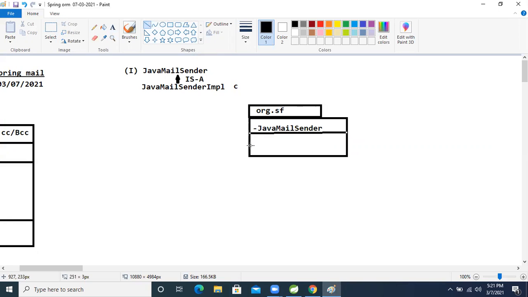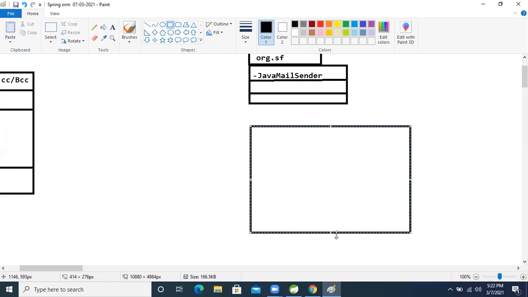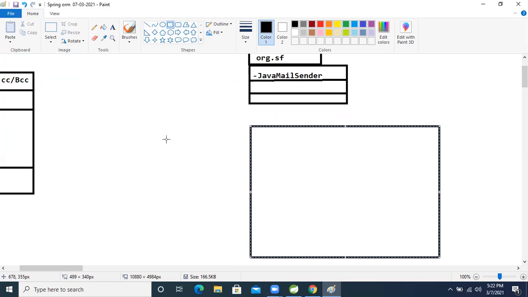This is an interface, but we know that by using the interface alone we can't do anything. We need its implementation class. So let's understand which kind of data type, variable, and all those things we need to work on the Spring mail module. So we will go to its implementation class. Let's see that implementation class in the UML diagram. Based on that UML diagram, we will develop the application and see the operation.